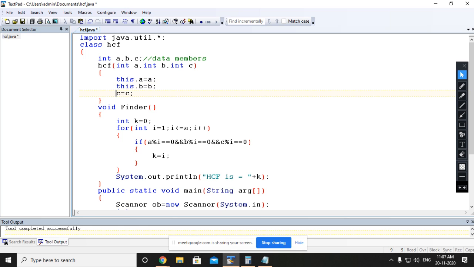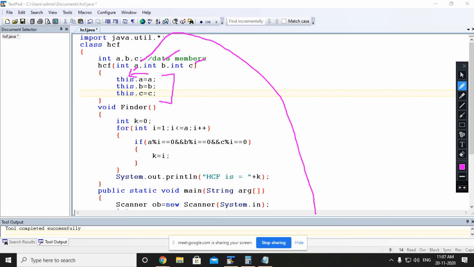So this represents the data members of the current object. So now the formal parameters in which we are receiving the values from the main, the values are coming in these A, B, C, and using this initialization part we are assigning this formal parameter value into the data member. So for differentiation only we are supposed to use this operator. Am I clear, everyone?